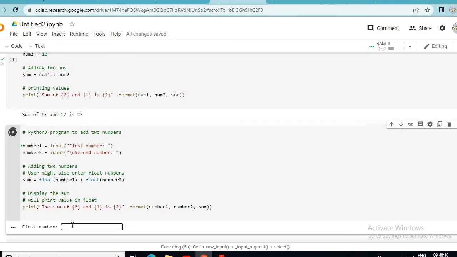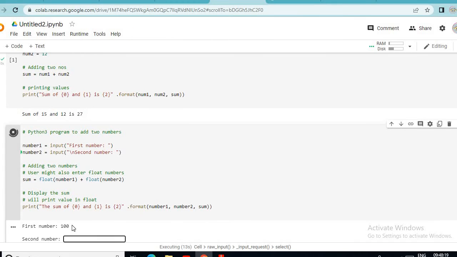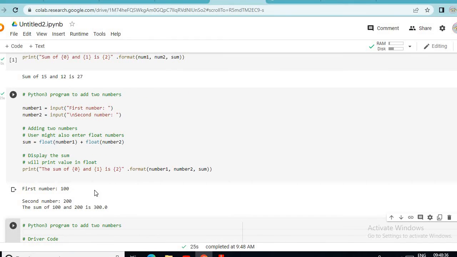Suppose I am giving the first number as 100, and click on enter. Second number. Suppose I am giving the second number as 200. Now I press the enter button again, and it will display the message: the sum of 100 and 200 is 300.0.